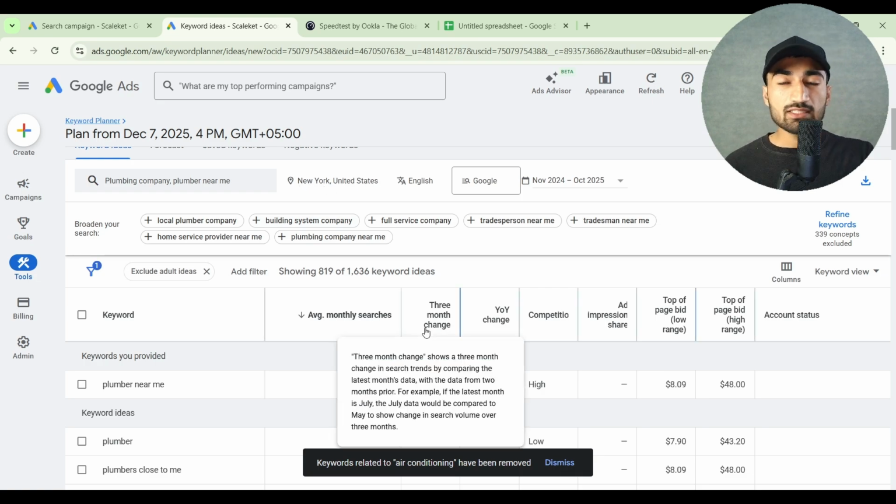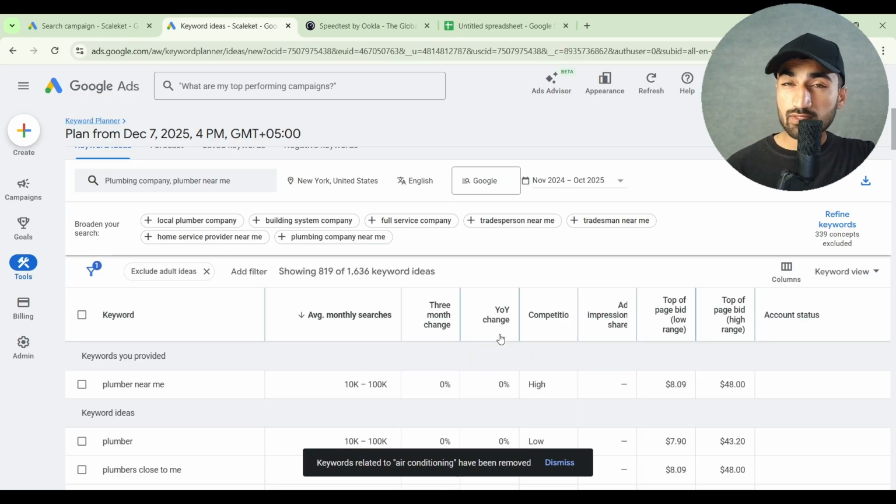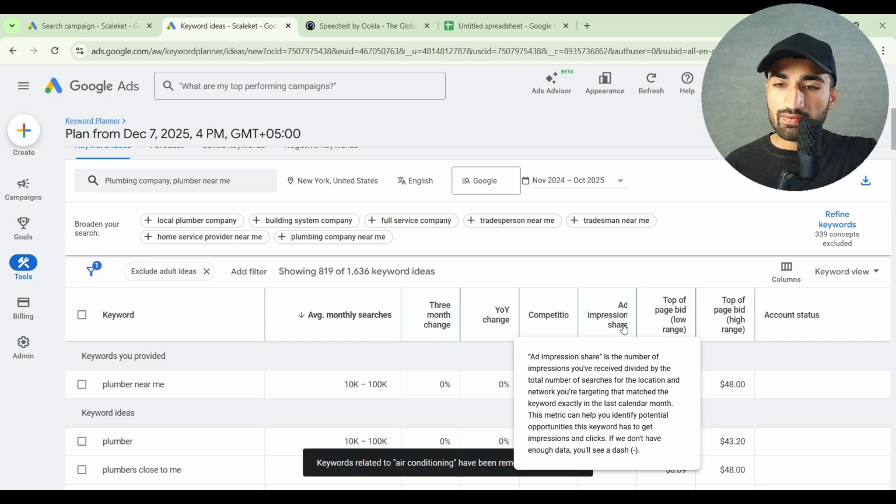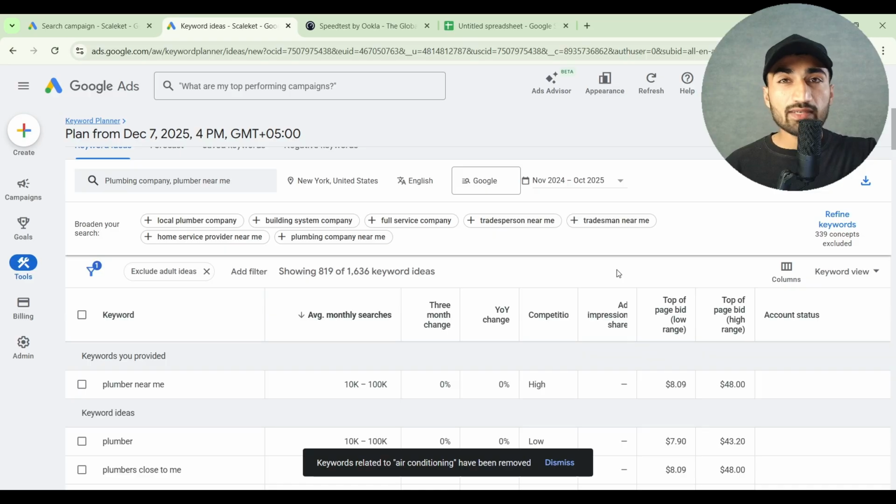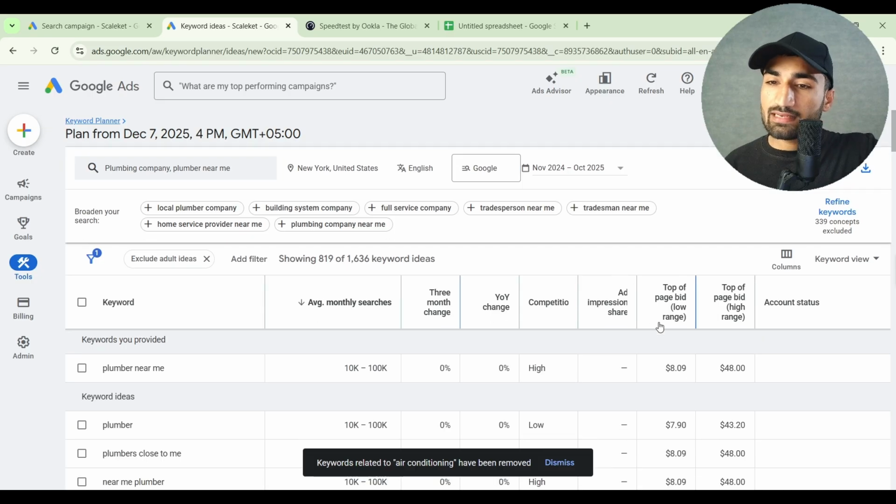And then we have 3 months change, whether it is increasing in demand or decreasing. And then we have year over year change, whether that demand is increasing or decreasing again. And then we have competition, whether it is high or low. I would not focus on this particular column. And then we have ad impression share. If you are already running ads for the keyword, how much impression share, or the share of the volume, you have. And then we have the most important point, which is top of page bid low range and top of page